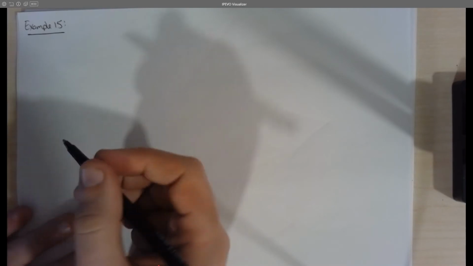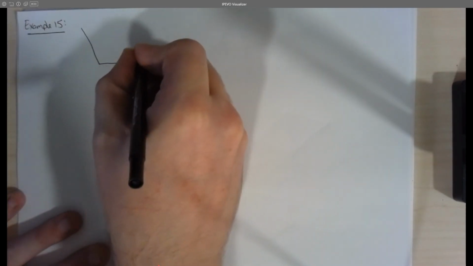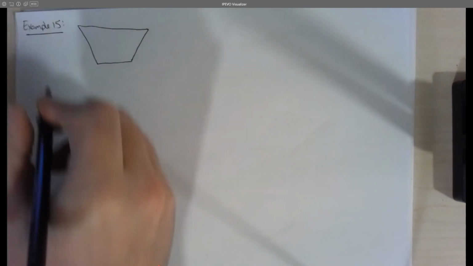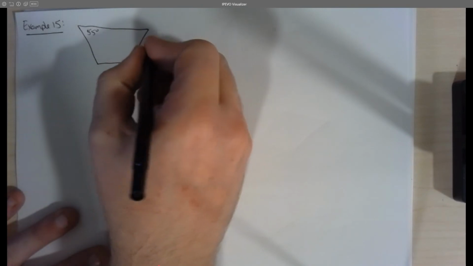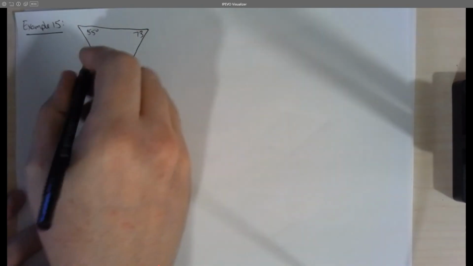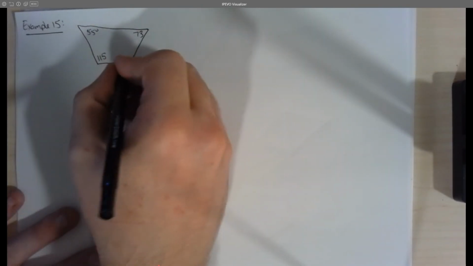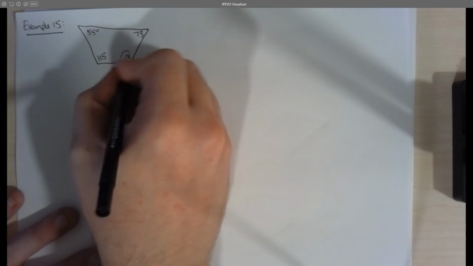Okay, let's start taking a look at some of these examples. First we have example 15. Example 15 gives us a shape, a polygon here, a four-sided shape. And it gives us some angle measurements. It says this is 55 degrees, this is 73, this is 115, and we're asked to figure out the missing